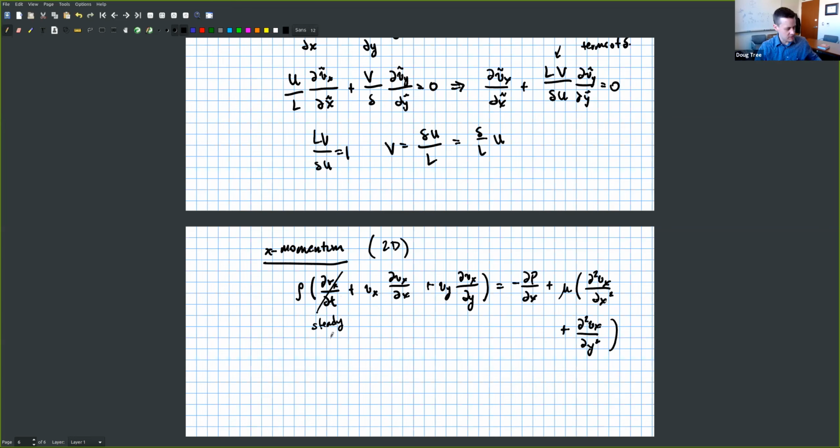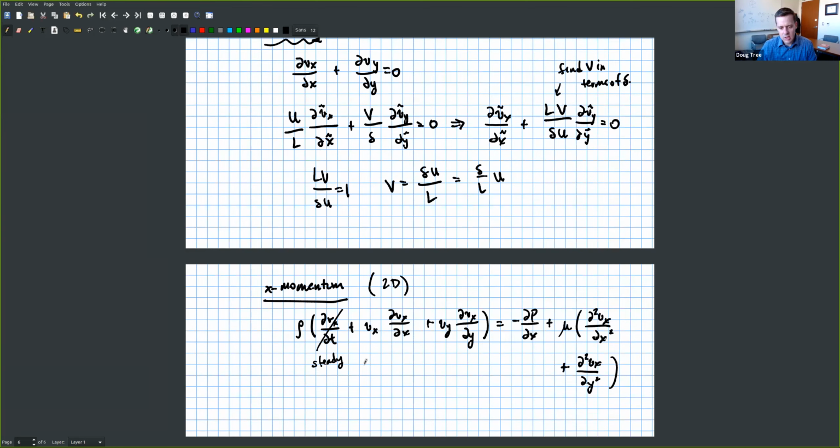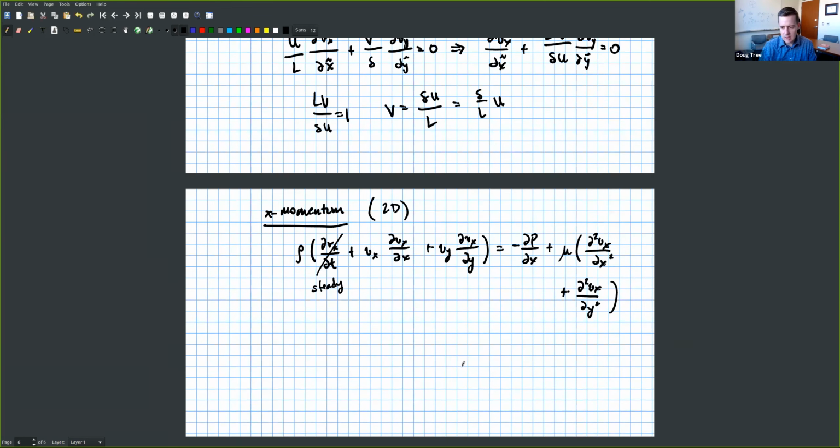And we can take the same scales that we had up above, these scales right here, and plug them into this equation right here. So let's do that. So we're going to have rho and Vx had a scale of u, Vx tilde, and then there should be u divided by L for dVx tilde dx tilde,